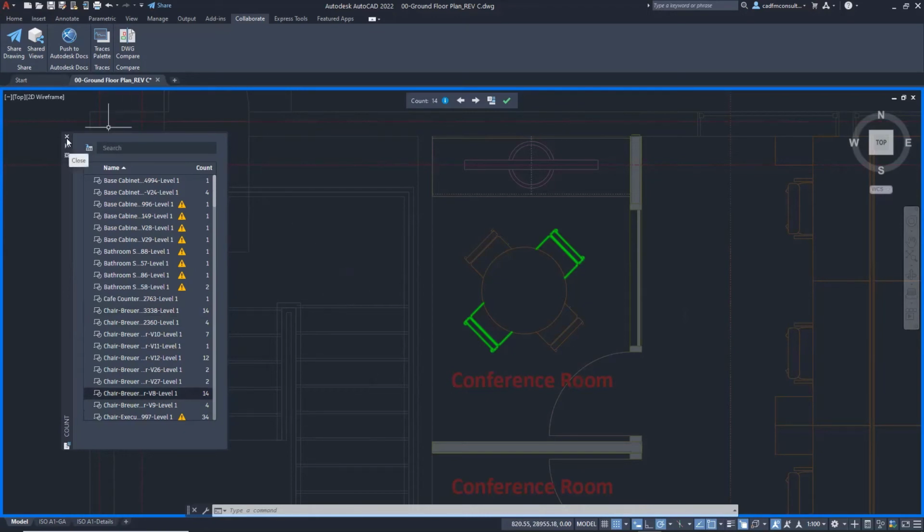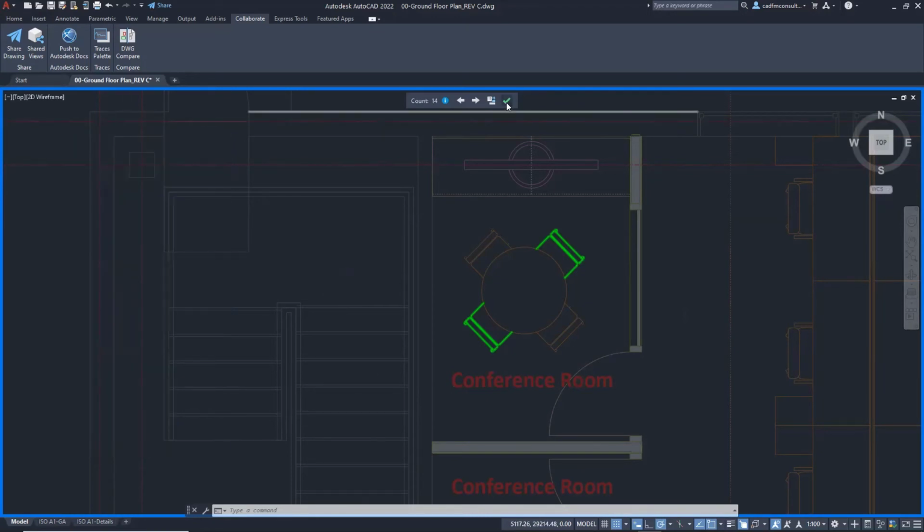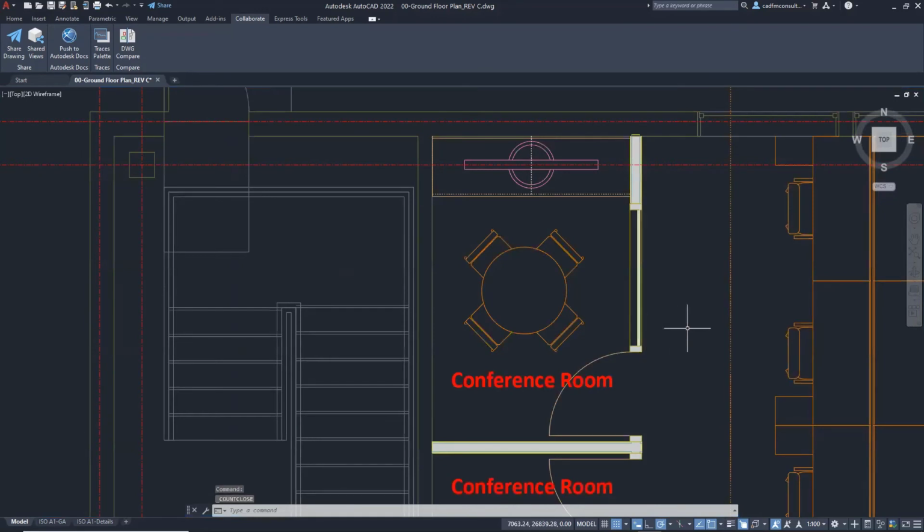It's useful functionality. And it's one of those simple things that suddenly when you start using it, you think, this is going to save me so much time. I have to say the 2022 release of AutoCAD has got some really nice time savers in it. Sometimes you get some new features and you think, okay, I'm probably going to use that once or twice. Count and trace, I would say, are going to be used a lot. Trace especially, as people get more mobile, using their tablets and their phones out on site.